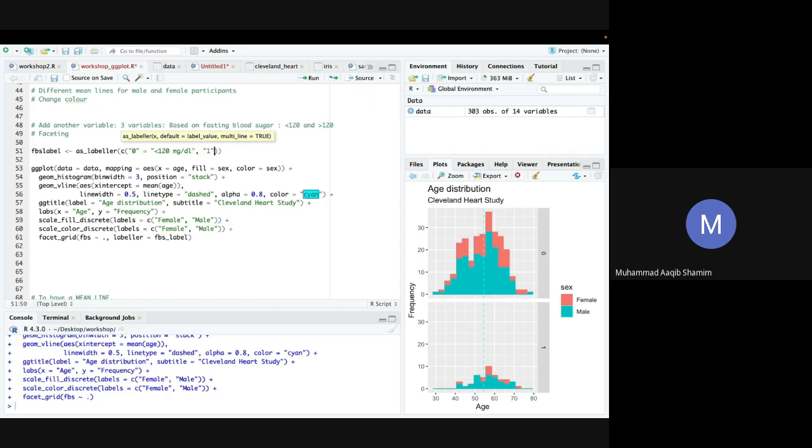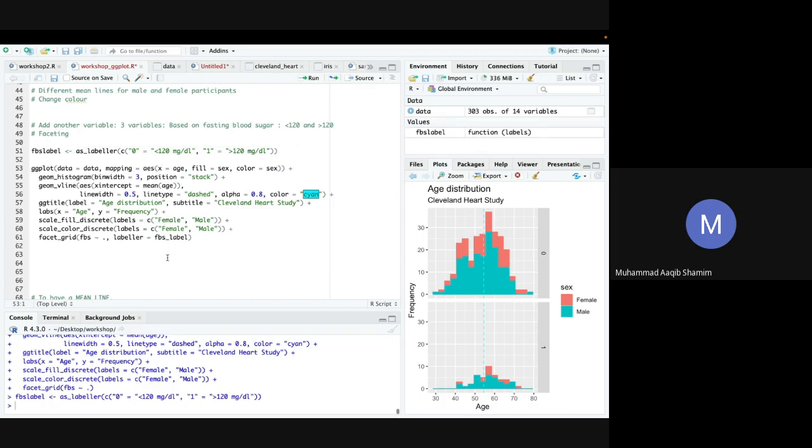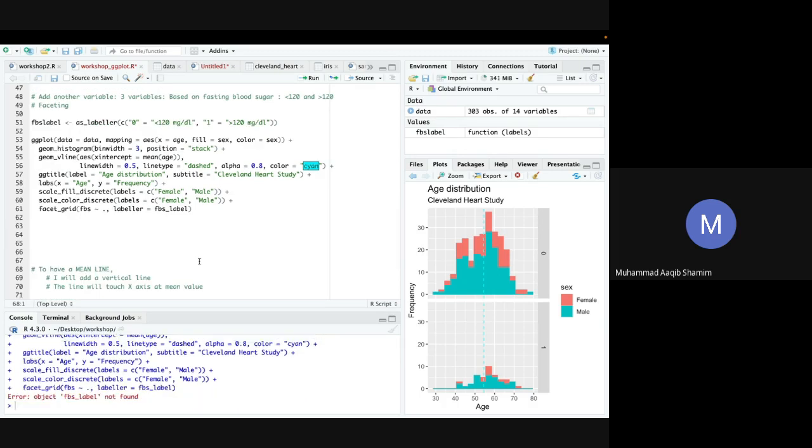And the meaning of 1 was given as more than 120 mg per dL. So we want 0 to be replaced by less than 120 mg per dL, and 1 to be replaced by more than 120 mg per dL. So this list of characters is what the label should be. Instead of writing this whole thing in this code, we first wrote it as FBS label, and then we write labeler is equal to this. And now if I run this,